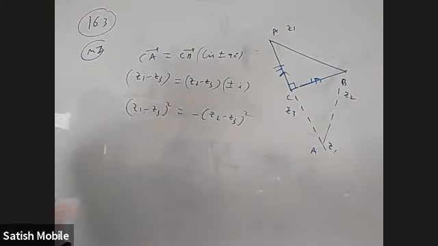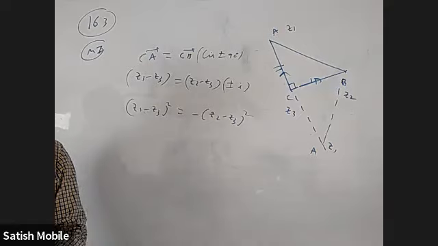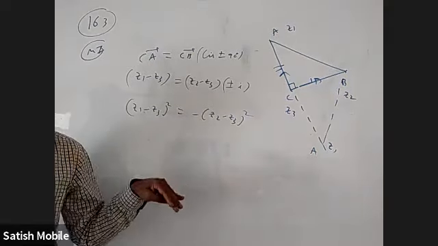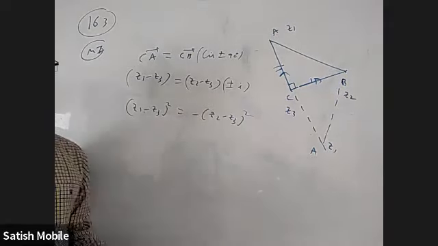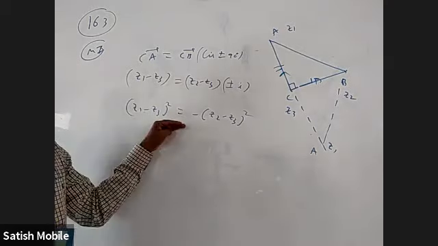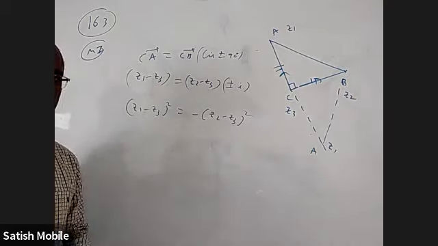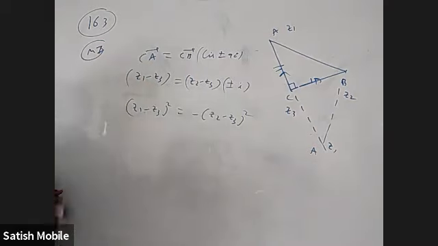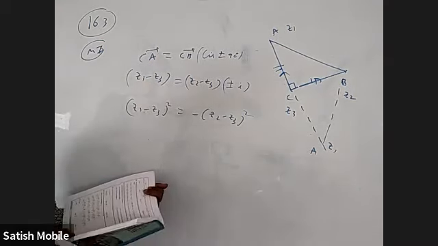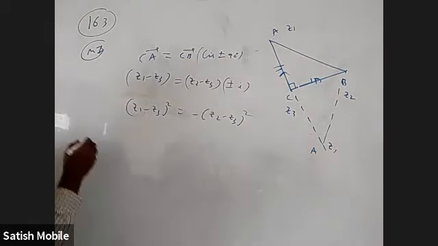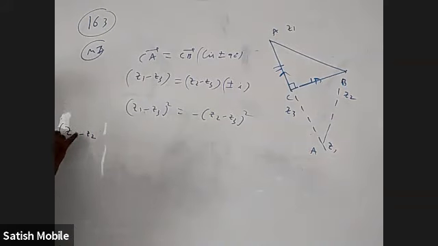But if this is not there in the options, I'll tell you how to get the option. But this is also one of the possible answers. In fact, it can be given as a more than one answer question where this is one option and the present question option is another one. From here, how to get the other one? I think most of the options are Z1 minus Z2 whole square. Start with Z1 minus Z2 whole square.